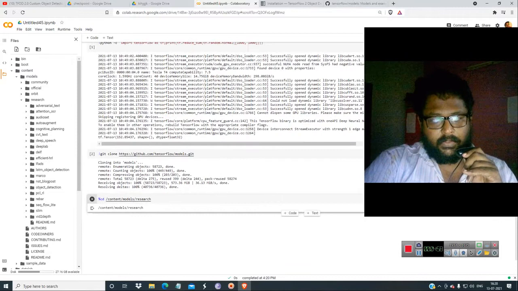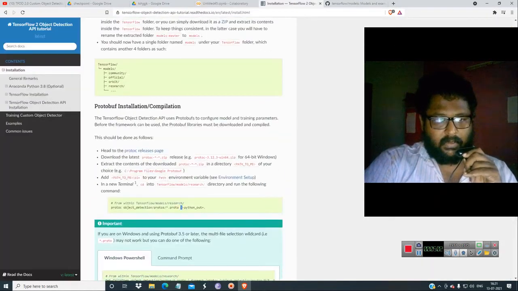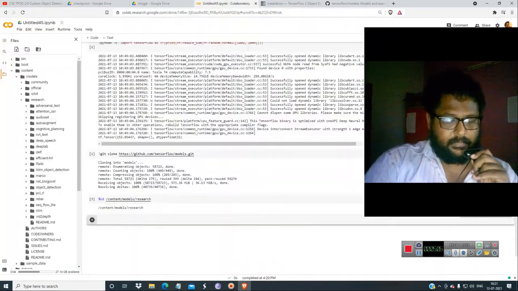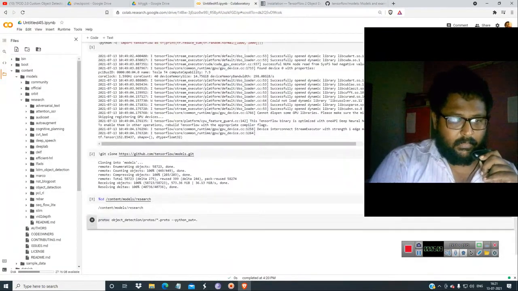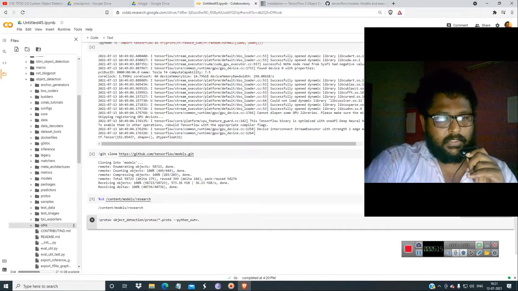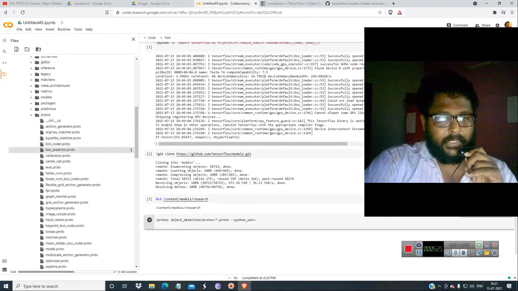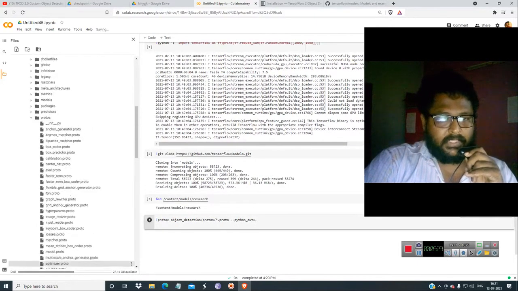Now you have to check first whether the executable is created or not. Copy this, get over here, paste it, and put an exclamation mark over here. I have to make something clear. When you go to object detection, and from here you go to protos, you can only see files called .proto. The pb2.py files are not over here.